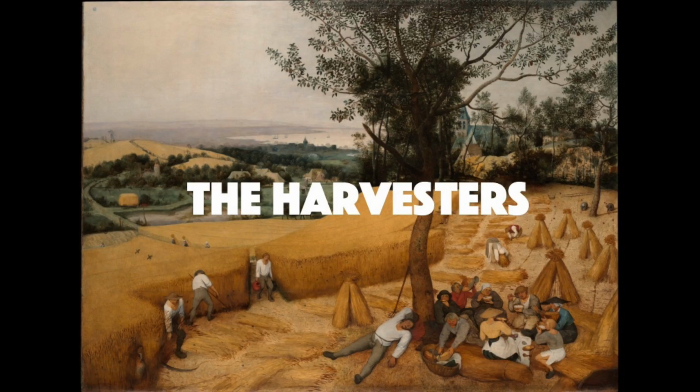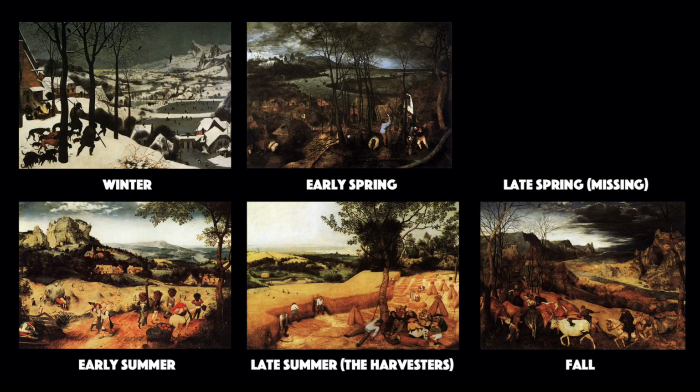Peter Bruegel the Elder's The Harvesters is part of a series of 6 seasonal paintings, each one representing a particular season. This one depicts the Dutch wheat harvest of the late summer. At first glance, it's a simple landscape that illustrates everyday pastoral life. But if we take a closer look, we'll see that it's actually a deeply humanist and intricately composed work of